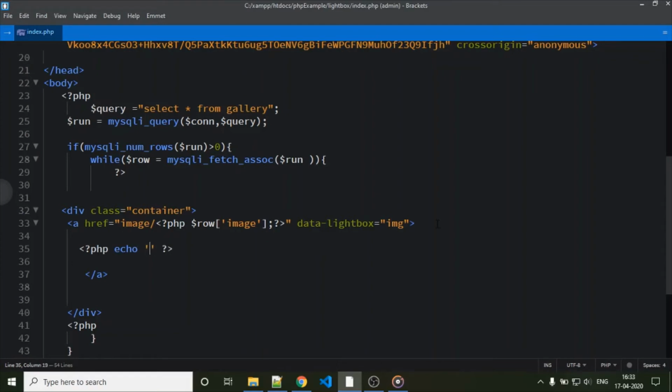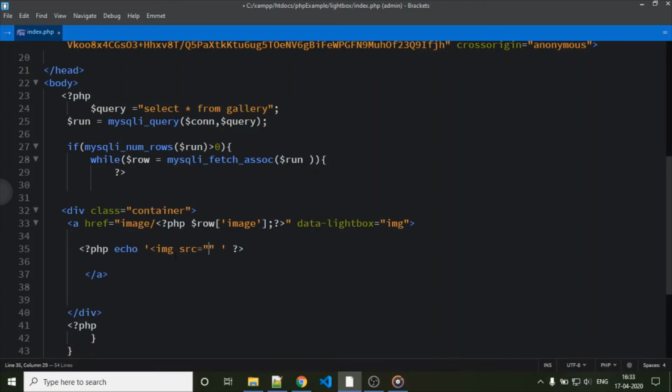In single quotes, create the image tag, source, double quotes. Here you can see that this single quote refers to that, and this refers to the source.